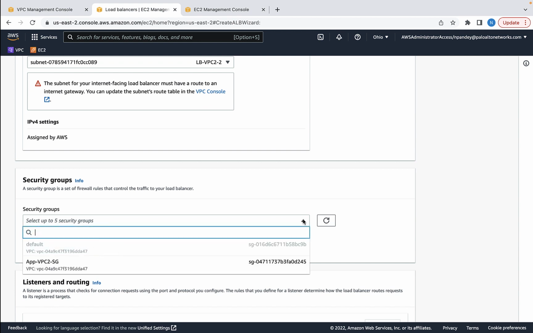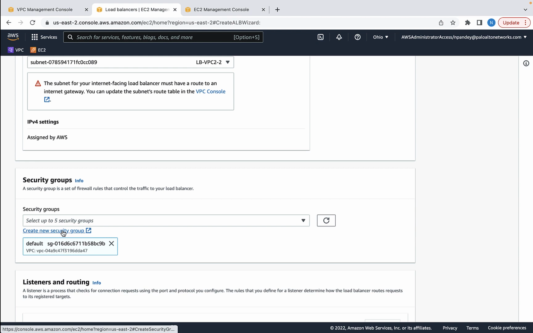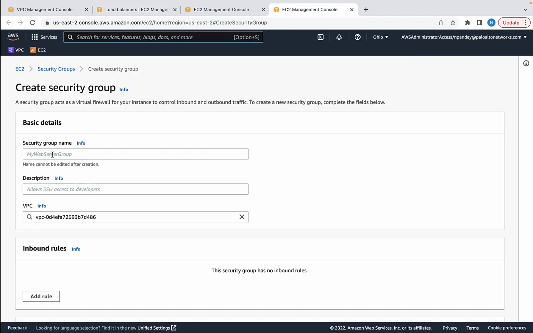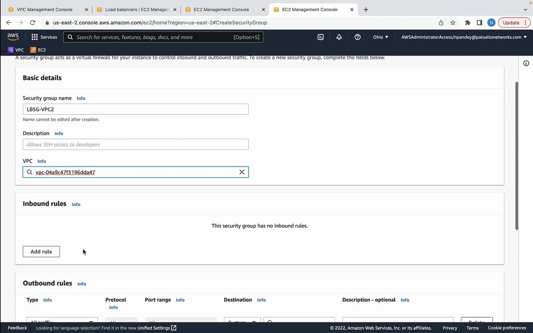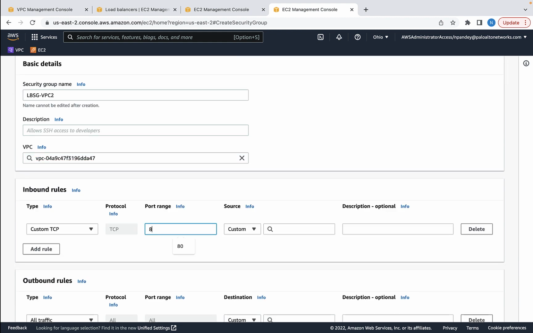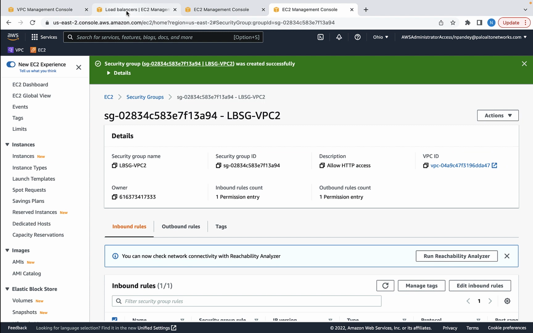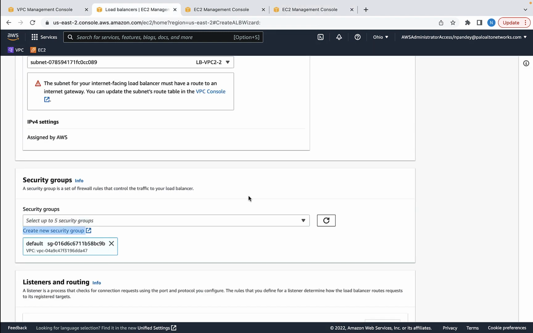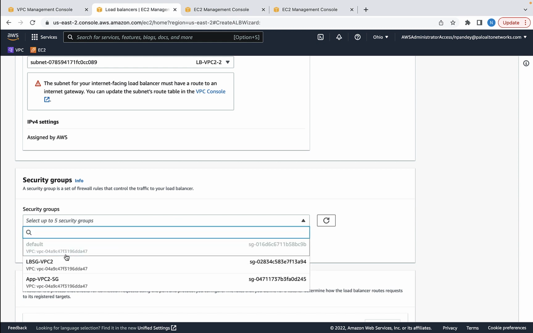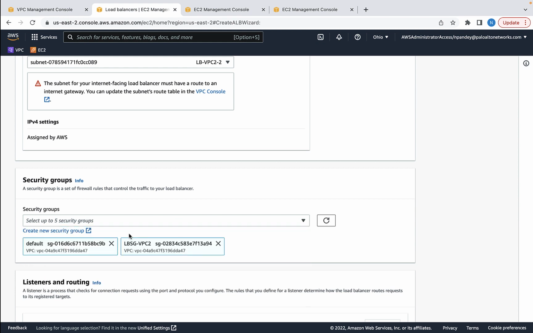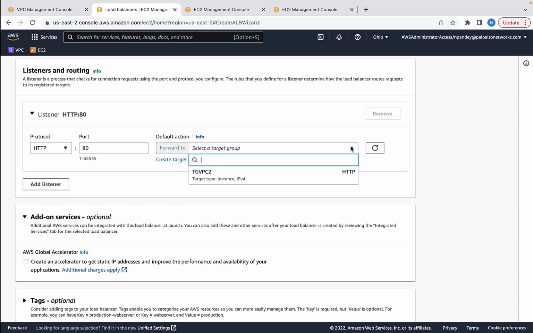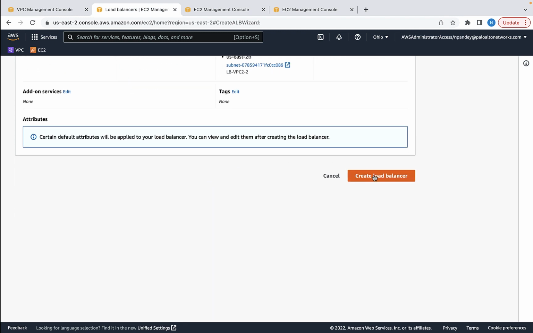Okay, now we can go ahead and select the security group. Again, I can create a new security group from here, and I'm going to name it load balancer security group VPC2 for the second VPC. Add a rule for port 80, create the security group, and now we can reference this security group in our load balancer creation page. So refresh this and it should show up in the drop down. So I have it here. I'm going to remove the default, select the target group, leave the rest of the settings default, and create the